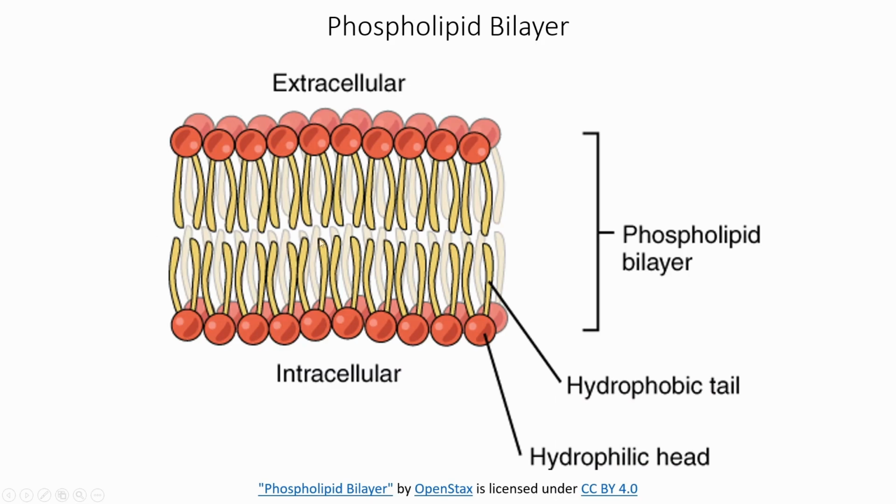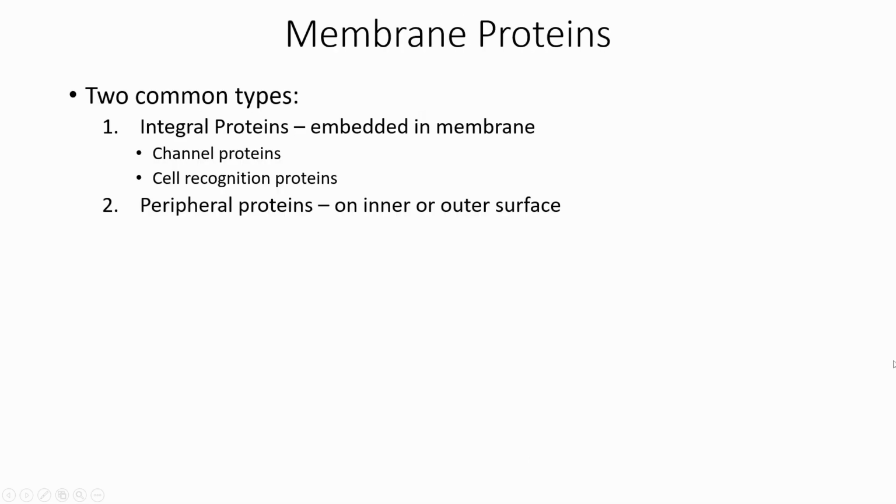hydrophobic middle layer. So we think like a sandwich. The heads are like pieces of bread, and then the tails are like all the fixings that are on the inside there. And the fixings don't want to touch the plate. They don't want to touch the environment. You want the bread on both sides to provide that protection there. So we have our phospholipids forming this bilayer that creates this barrier that is hydrophobic in that